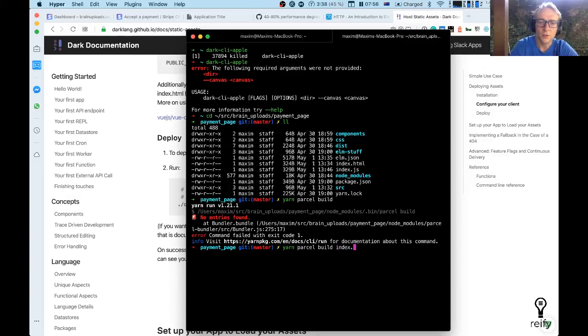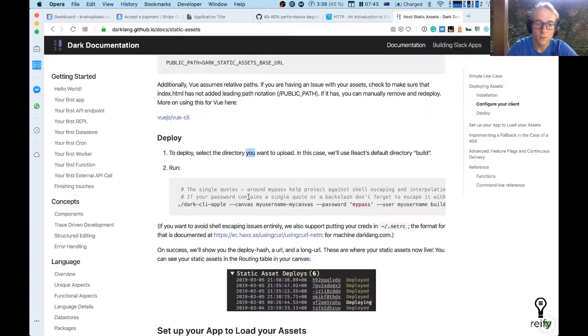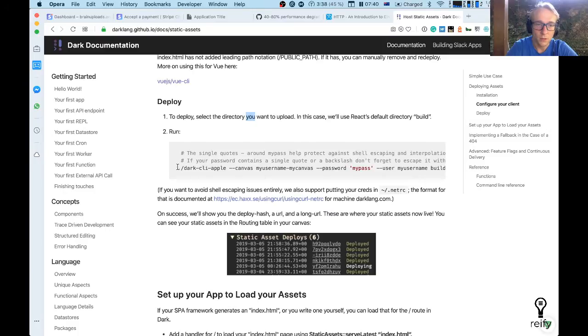If I actually put index.html, so it knows what to build. It's gonna build the whole thing with Elm and everything packaged nicely. And now if I do dark CLI apple,